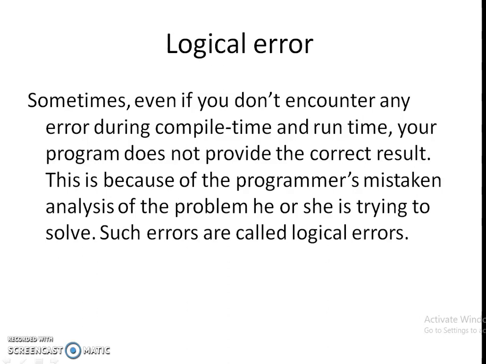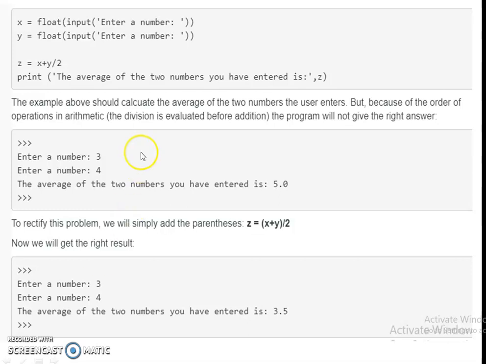Clear? It may be because of an incorrectly implemented algorithm or use of a variable before its initialization, an unmarked end for a loop, or a wrong parameter passed. These are often the hardest to prevent and to locate. Okay, these are the reasons behind logical errors. Clear? Logical errors are only because of your logic, your mistaken logic. Then the next one, see the example.